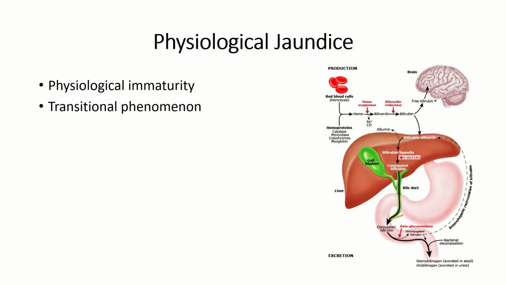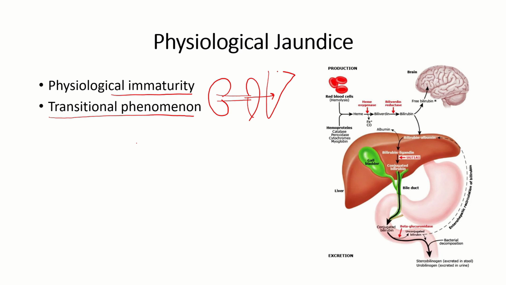Coming to definitions, you should know when not to treat jaundice. Physiological jaundice happens in newborns due to their inherent transitional physiology. They make a lot of bilirubin and have a developmentally immature system to handle it. Then how does a fetus handle it? In utero, the entire bilirubin which is being produced is handled on the other side of the placenta, in the maternal liver. Once the umbilical cord is cut off, the entire burden of managing this bilirubin now falls upon the